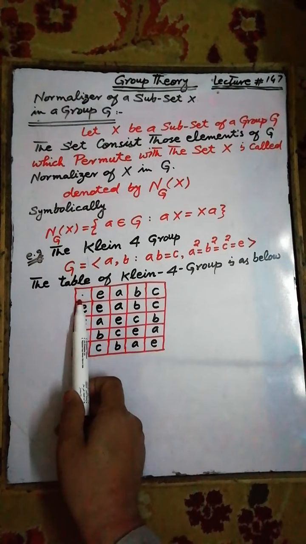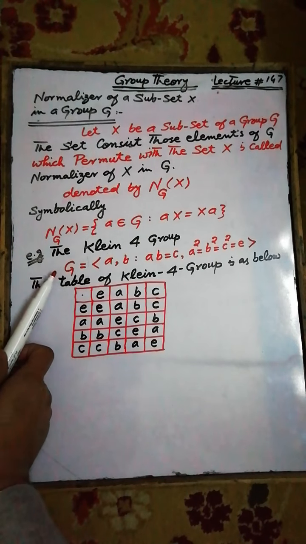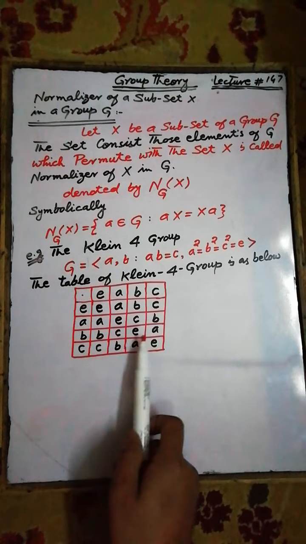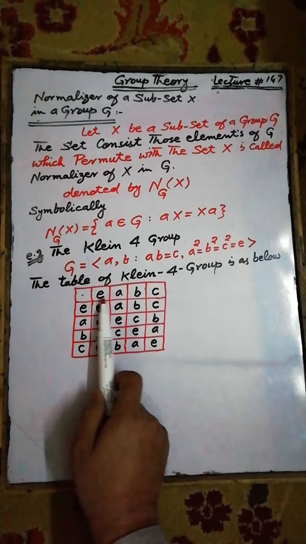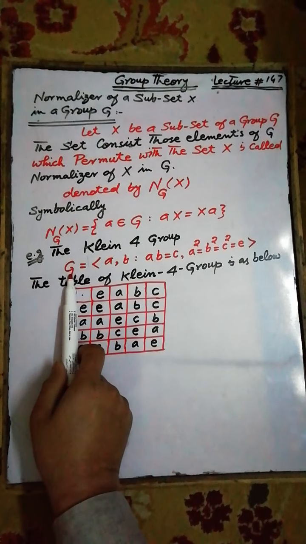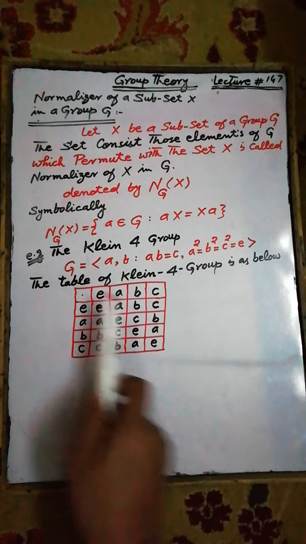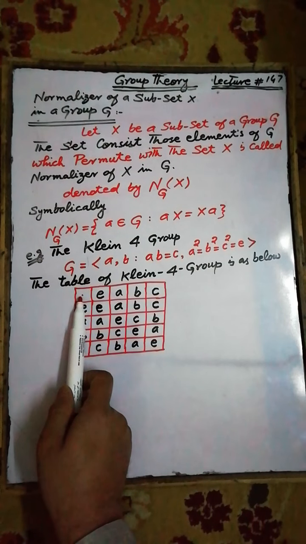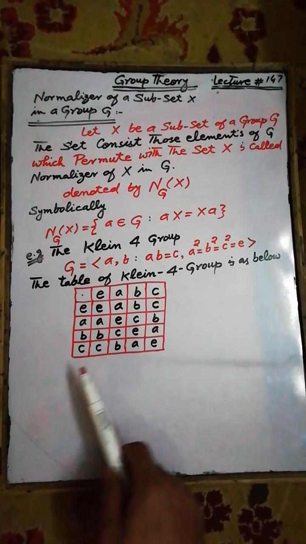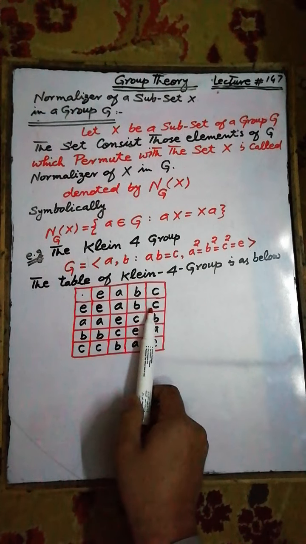That is, multiplication is a binary operator on the set G, because when we operate each element of G with an element of the set G, all these results are again elements of the set G. And the element E is an identity element